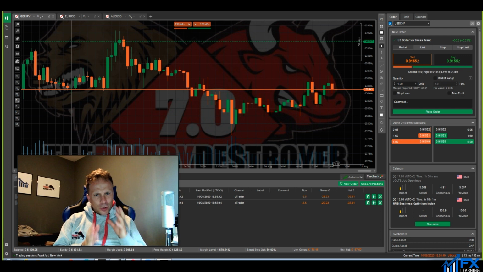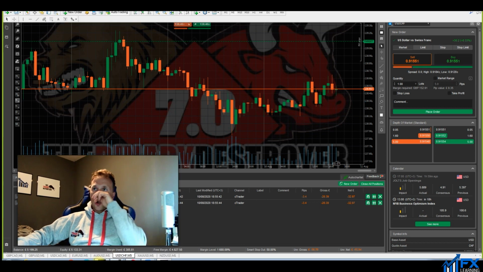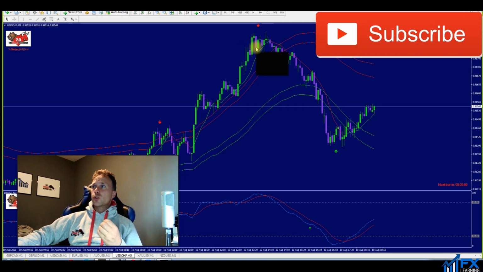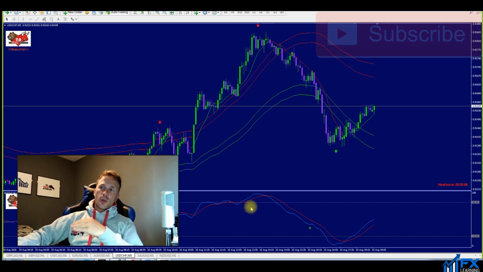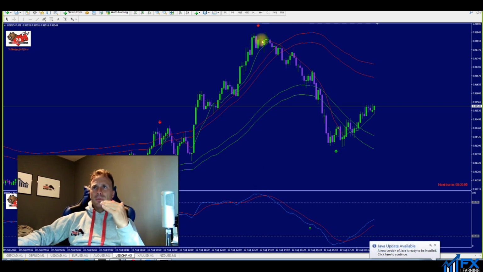Yeah, I've had a quick look on the charts and there have been some really good setups today. I've currently got 2 sells on USD CHF, and I'll show you the quick reasoning around it. If we flick over to MT4, you can see we had these nice back-to-back signals on USD CHF. Notice how the MACD and RSI has crossed over, and we popped a beautiful